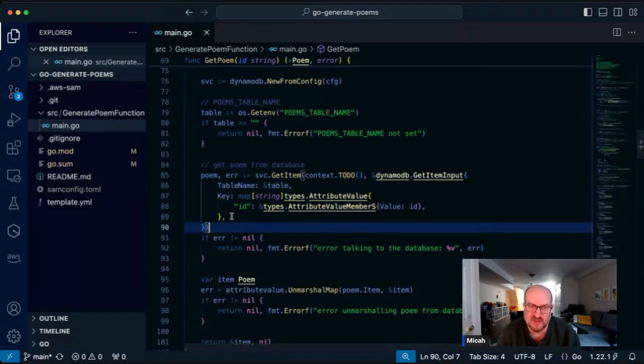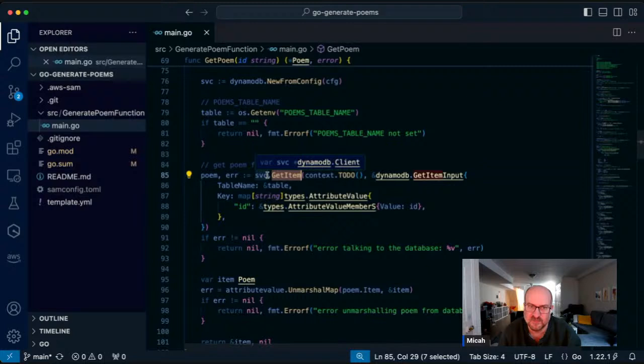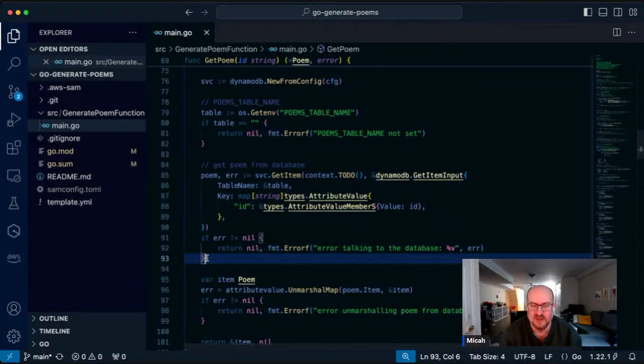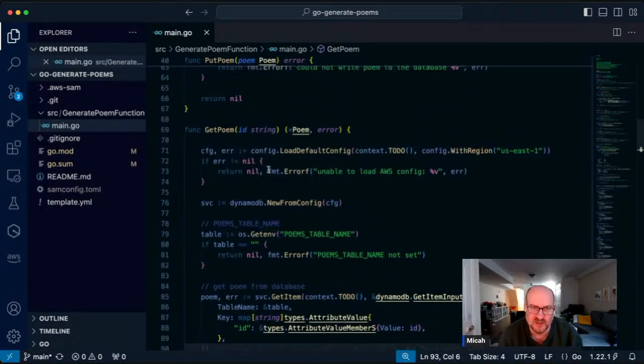If we want to actually look up an item in DynamoDB by a global secondary index, which is currently the way that we're going to look up by accession number, we can't use get item. Get item doesn't really apply. We have to actually do a query. So what we want to do here is create a conditional statement that says if we have an integer, do it this way. If we have a string, which would be the accession number, do a query. So first things first, we need to know if we have an integer or a string.